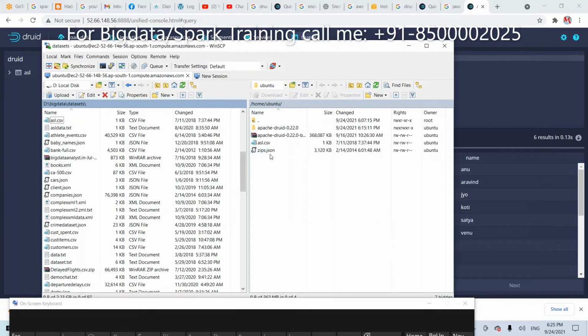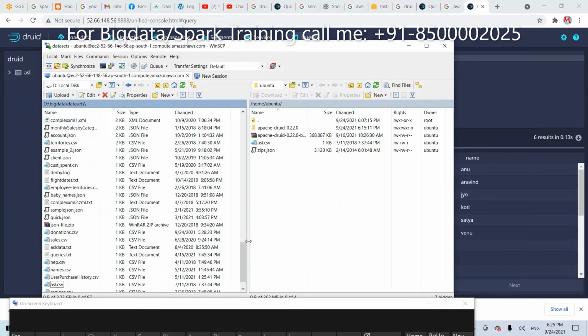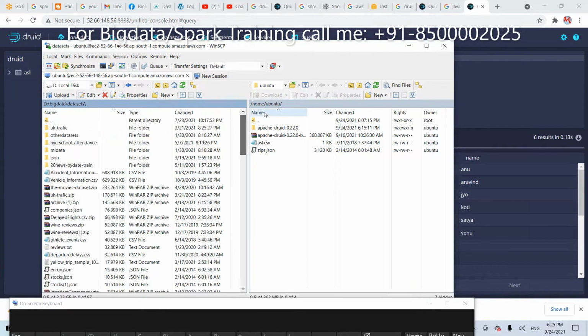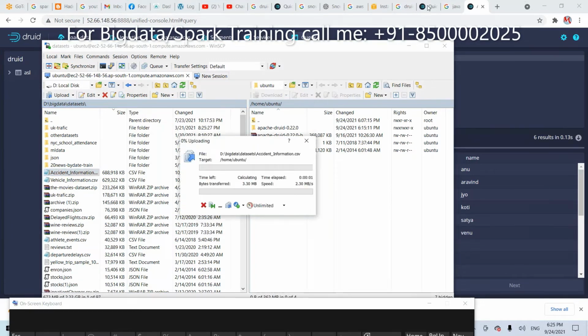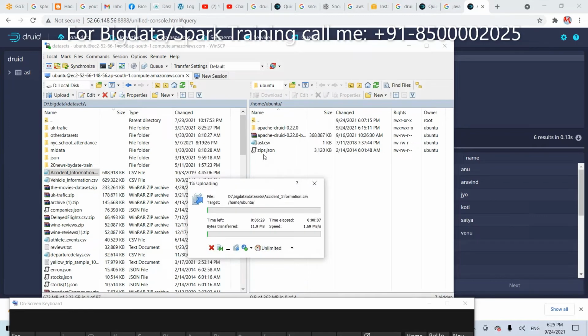Similarly, I want to process zip data. Within this time, why waste time? Let's try a large amount of data right now. Accidentally, this is CSV data, I think. Load this. Maybe it will take a little time. Within this time, I will get you the zip data. Here you have zips.json. How to process these?